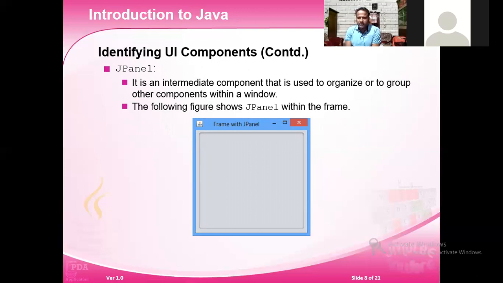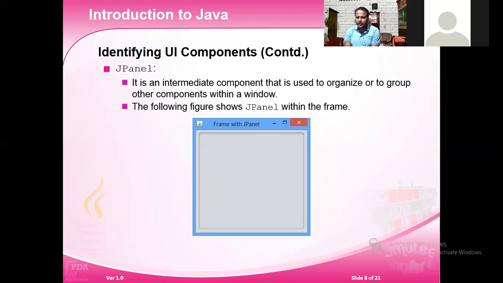Panel, as we learned, gives a space to the other components. So it divides the window into subparts, or you can say it rearranges the components that we add in our application.